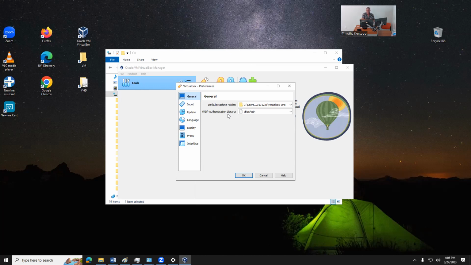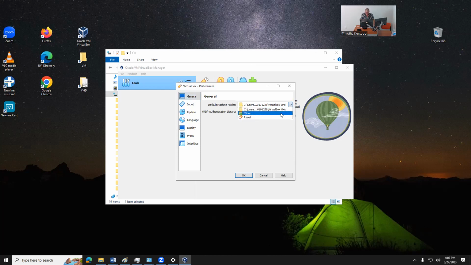Because if you leave the default, it's putting virtual machines inside your user profile, and half the time it's putting it inside documents. And if you have OneDrive active, and OneDrive is synchronized from your documents to the cloud, what's going to happen is that this is going to get real messy. So create a VM folder and a VHD folder, and then under the default, what you want